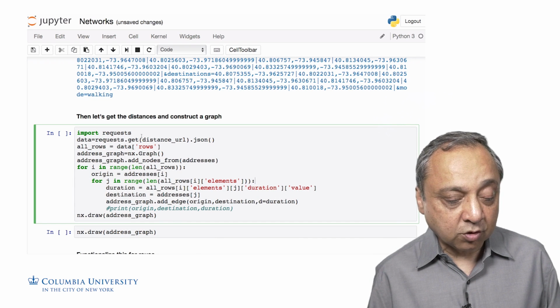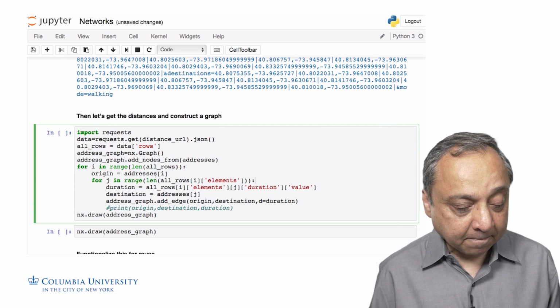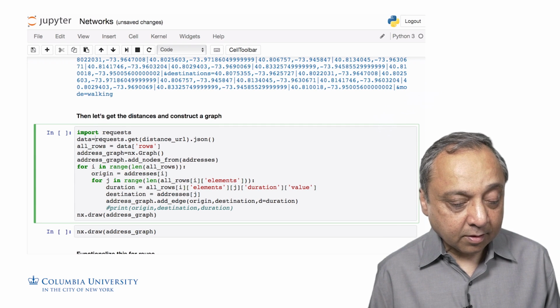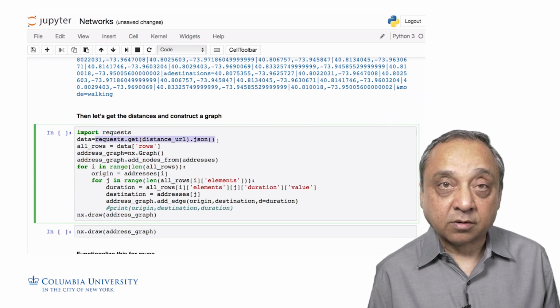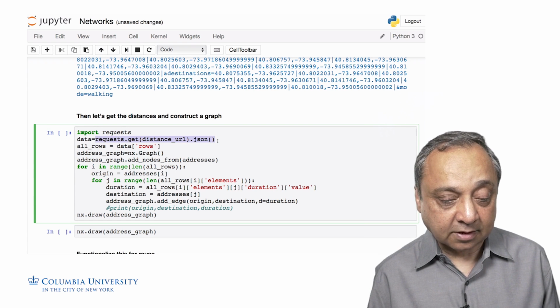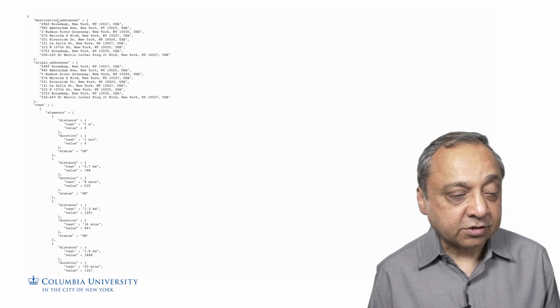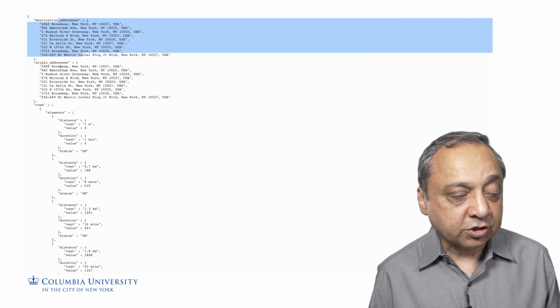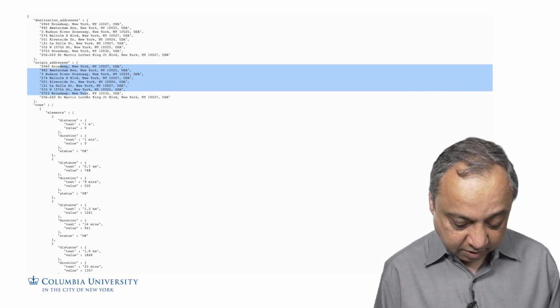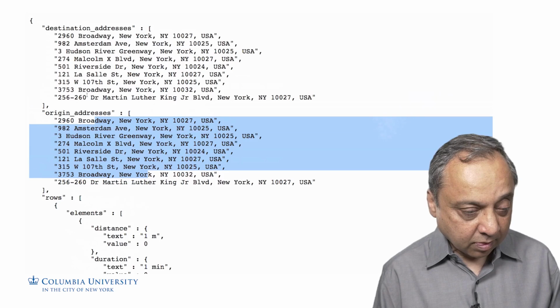So what we do is we go to Google here, and get the JSON version of our result. So you can take a look at what the result looks like. So if I run this, I get a result that looks something like this. So we can see that we've got destination addresses here, origin addresses over here, and maybe I make this bigger. Yeah,